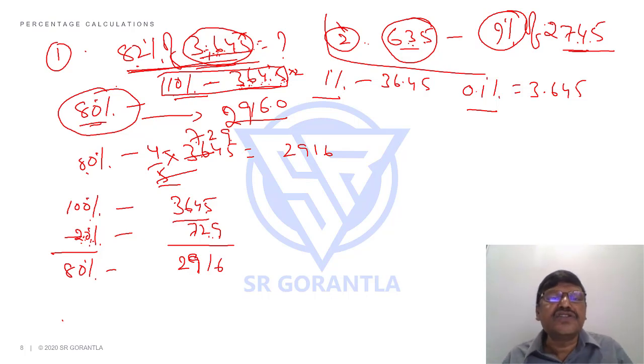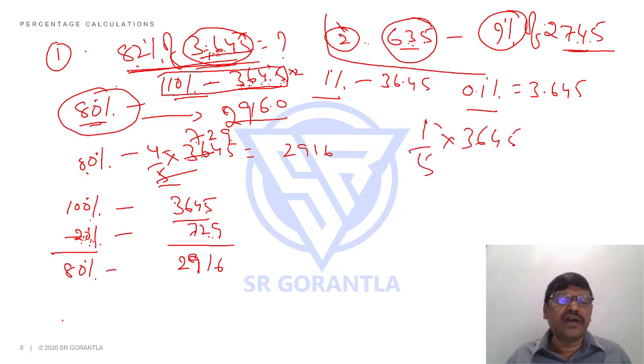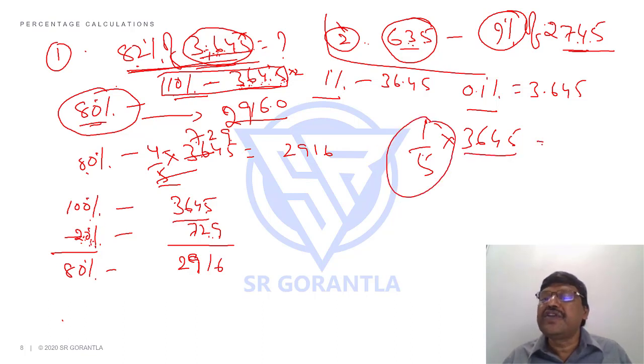Now, for example, 20% is how much? 1 by 5, I said. Instead of dividing by 5, can I multiply with 2 and divide by 10? 1 by 5 means can I say 2 by 10? 3645 into 2 means I can say 7290. 7290 by 10 is 729. But if I divide 3645 by 5, what is 1/5 of 3645? I said this 20% you can calculate as 10% times 2. Another thing I said is 20% is equivalent to 1 by 5. 1 by 5 of 3645 means you are saying 5 sevens 35. That's what you are doing here also. 5 sevens 35. Then you are saying 5 twos, 5 nines.